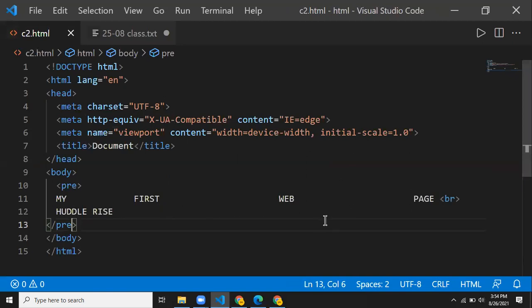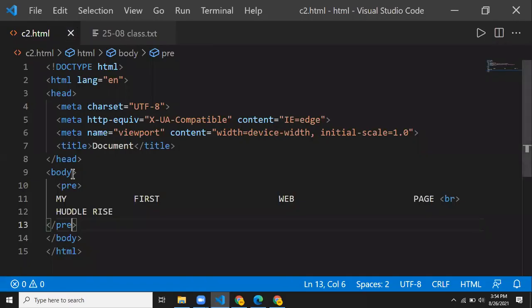Now here if you look, there is a BR there. Now you see, it has added a new line character for me. These spaces and all are going to be printed as they are. That is called pre-formatted text. So as you have designed it, you'll be seeing it. But most of the time, we are not going to use a pre tag. It is left to you whether you want to use a pre tag or not, but it is not suggested to use a pre tag.